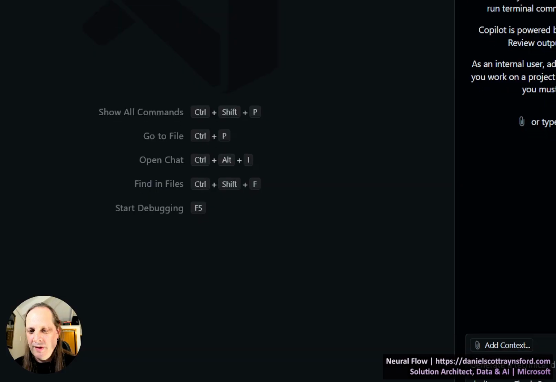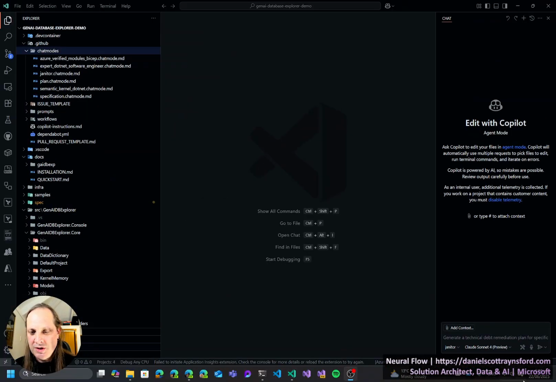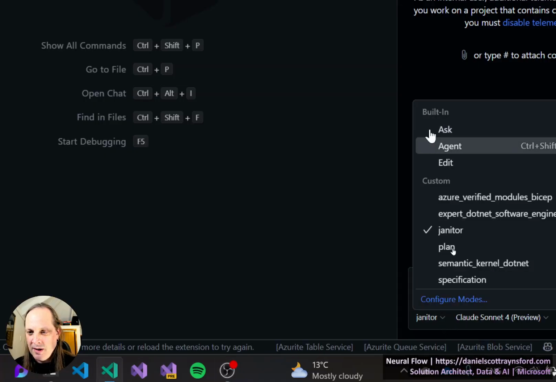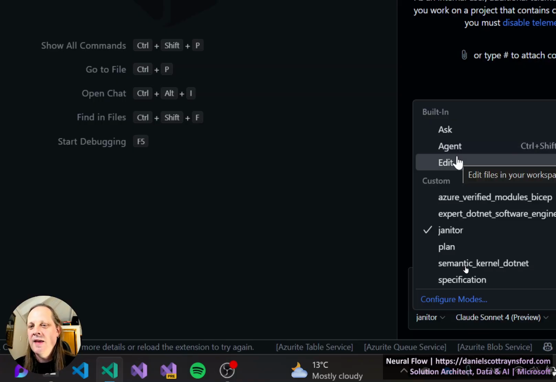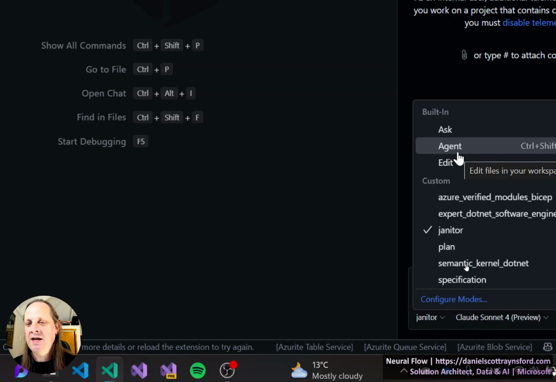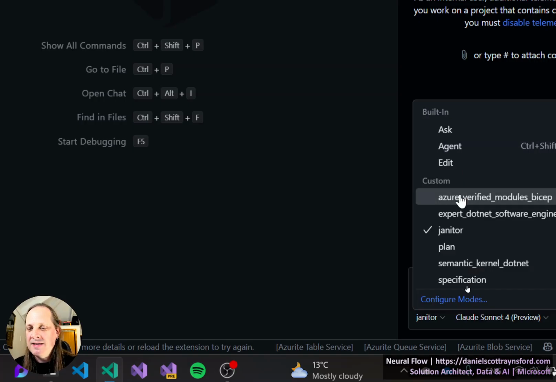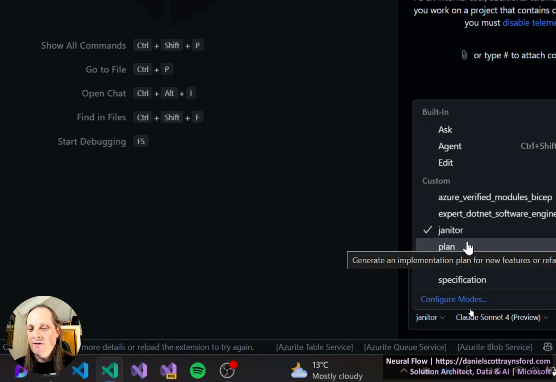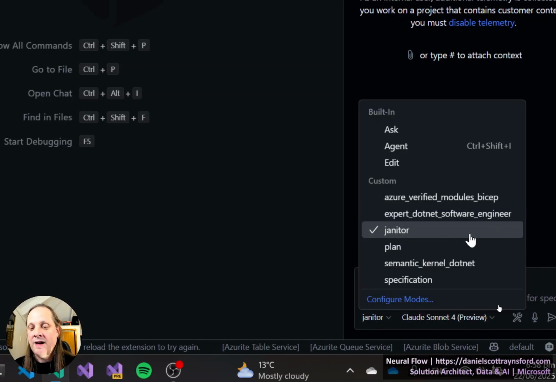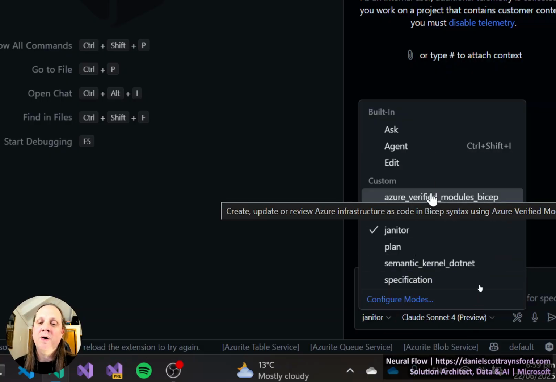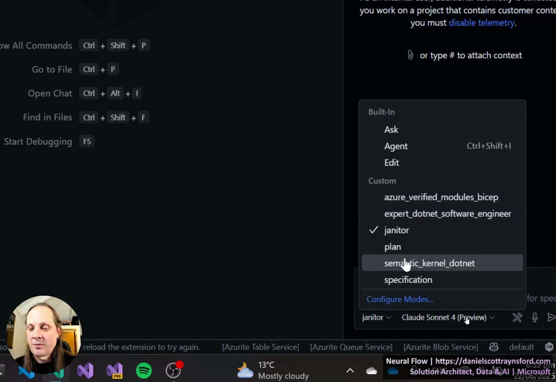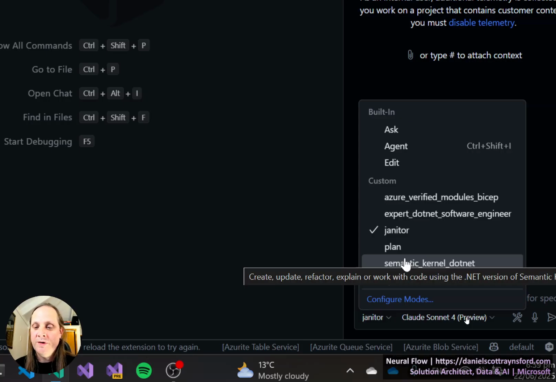Many of you will be familiar with the existing chat modes, which show up down here in GitHub Copilot Chat. There is Ask, Edit, and Agent. I spend most of my time in Agent. That is where I get my work done. But there are these custom modes you can also create for your specific scenarios. I like to think of them as maybe personas with specific instructions that you control. And in this case, I've created myself a janitor. As you can see, I've got some other ones, a planner, a specification generator one. I've got one that helps me work on Azure Verified Modules for Bicep, and one for building Semantic Kernel .NET